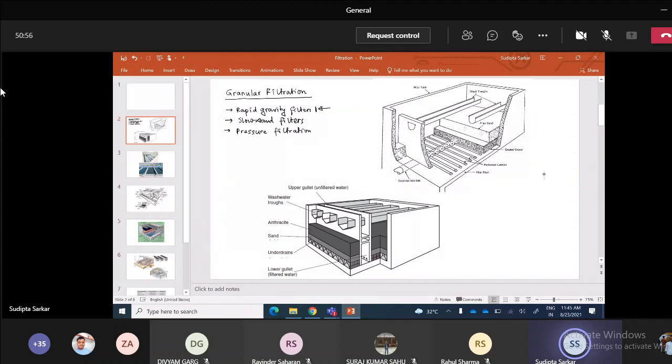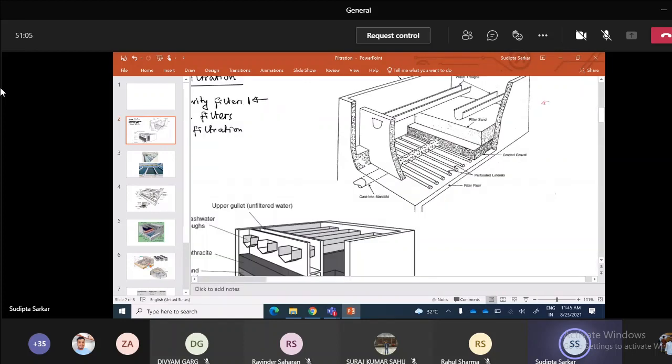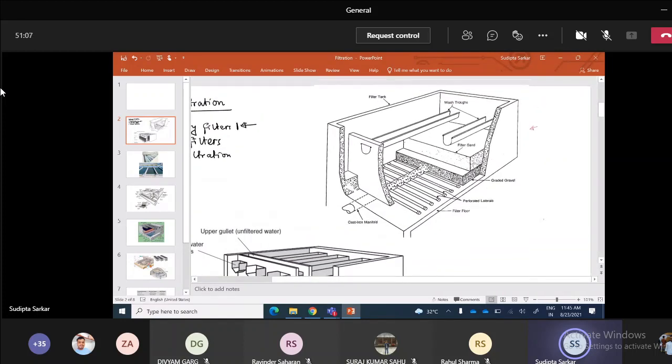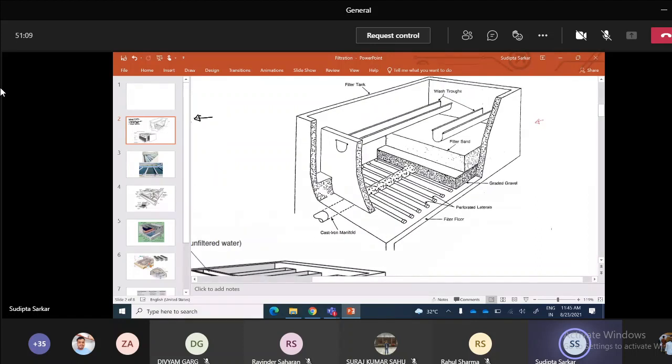Okay, so if you see this figure here, this is a rapid gravity filtration tank. Okay, and this is just an exploded view, or a cut-through view, of a rapid gravity filter. You can see this is nothing but a rectangular tank, so we have cut through this tank to show what is inside. Okay, now